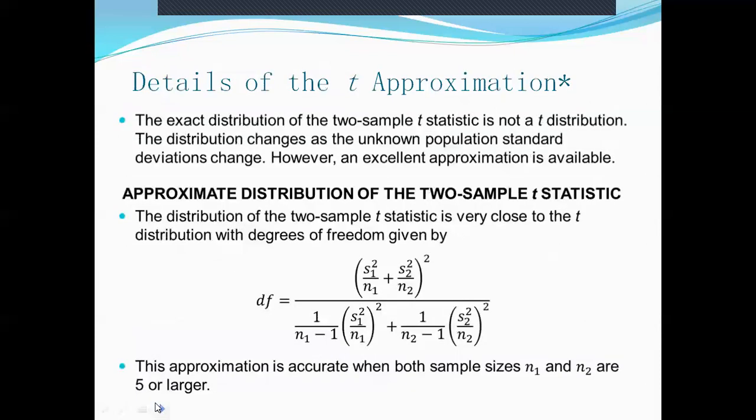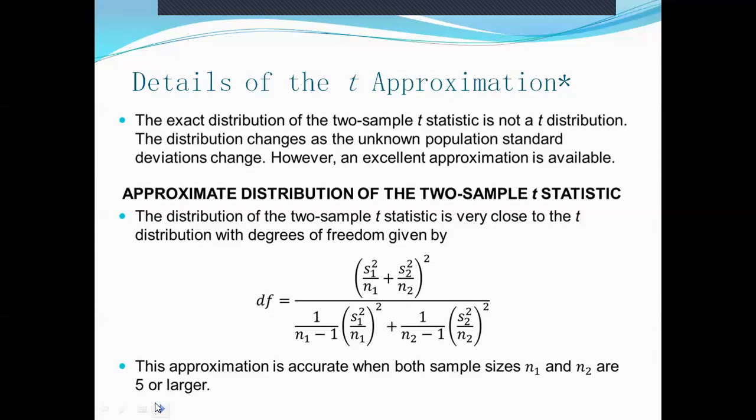The exact distribution of the two-sample t statistic is not a t distribution. The distribution changes as the unknown population standard deviations change. However, an excellent approximation is available. Approximate distribution of the two-sample t statistic: the distribution of the two-sample t statistic is very close to the t distribution with degrees of freedom given by